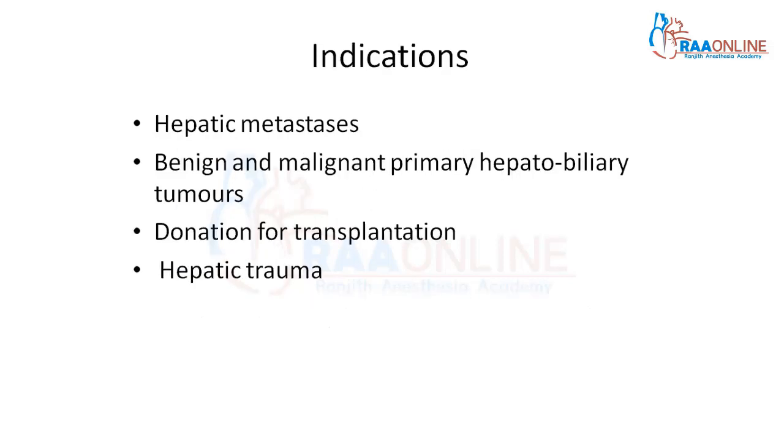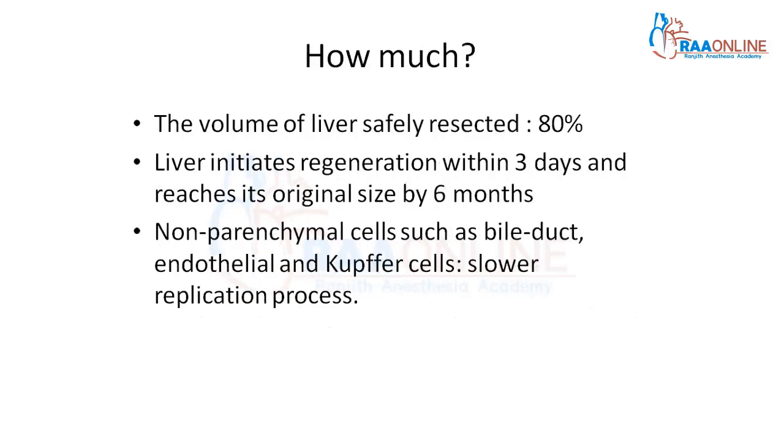Now, coming to the indications of liver resection, it could be for a MET, that is metastatectomy, or for primary tumors of the liver, benign or malignant, or when there is a donation for a transplant, that is a liver transplant, or in case of hepatic trauma. How much can you resect? You can safely resect 80%, but the rest of the 20% which you leave behind has to